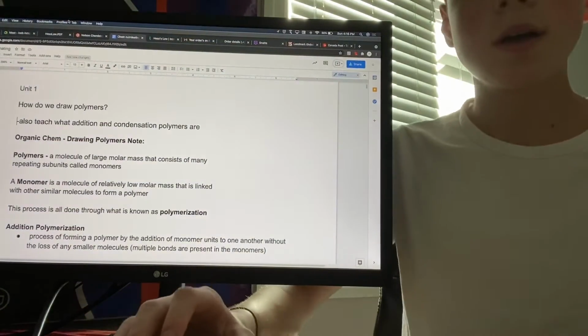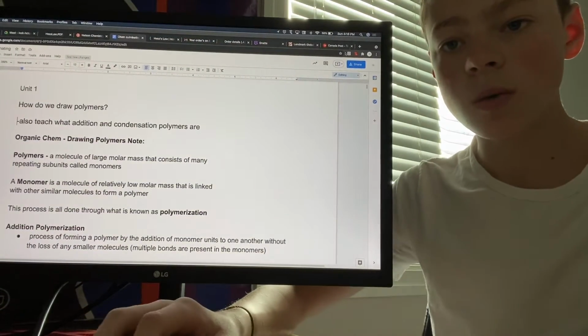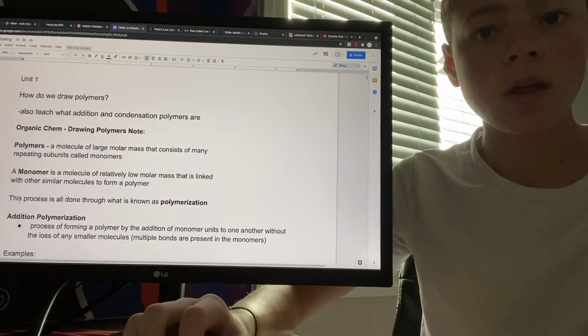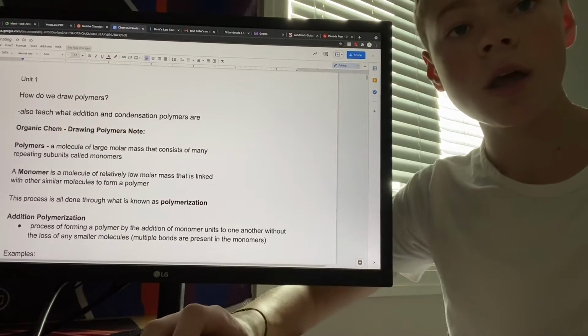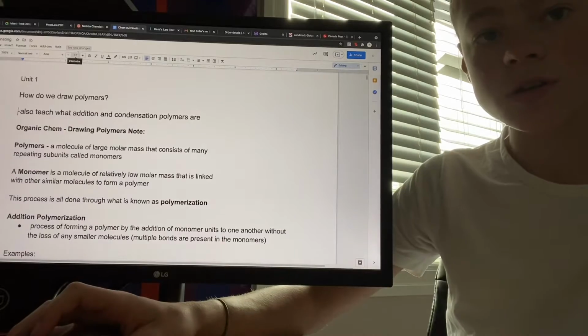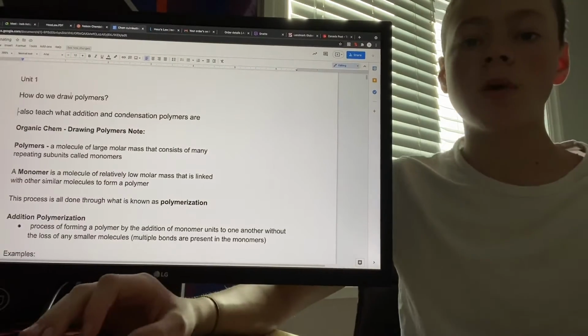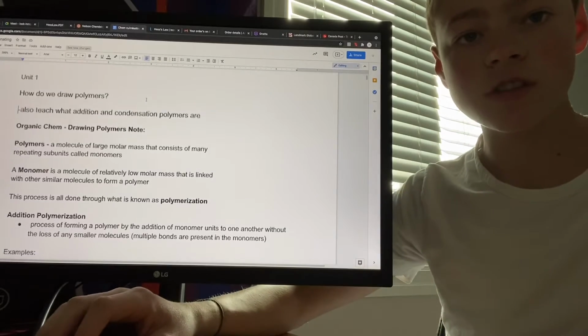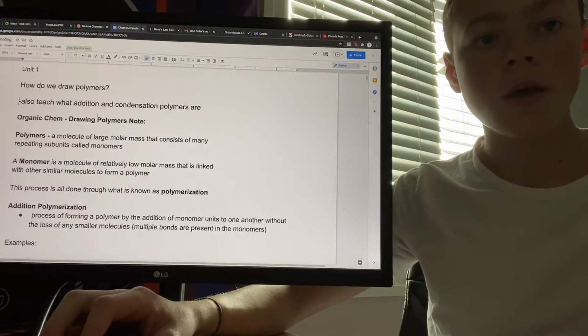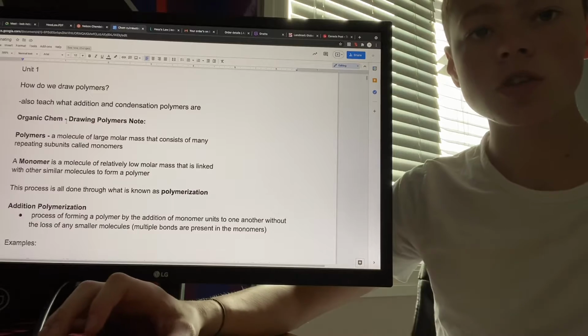Okay, so I'm going to be teaching. Hopefully you can see the screen, but I'm going to be explaining the note on drawing polymers and also what addition and condensation polymers are. So basically, just to start off, a polymer is a molecule of large molar mass that